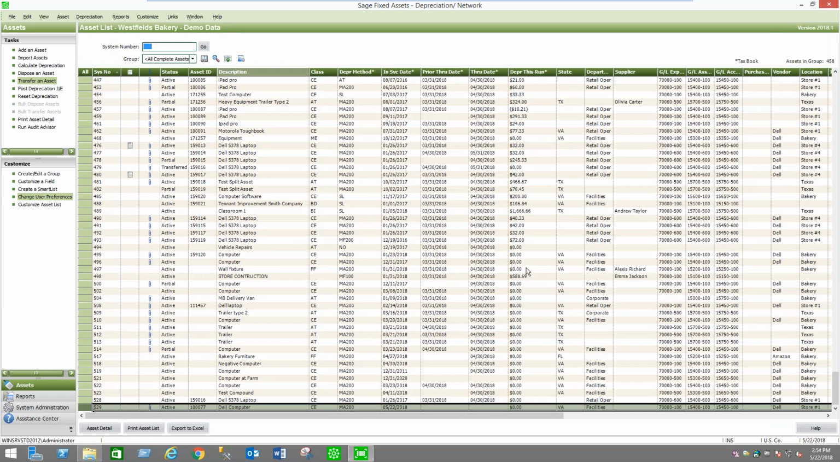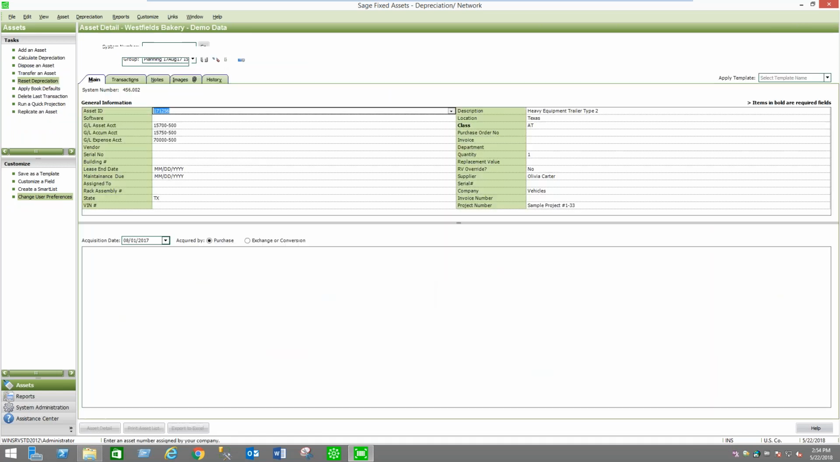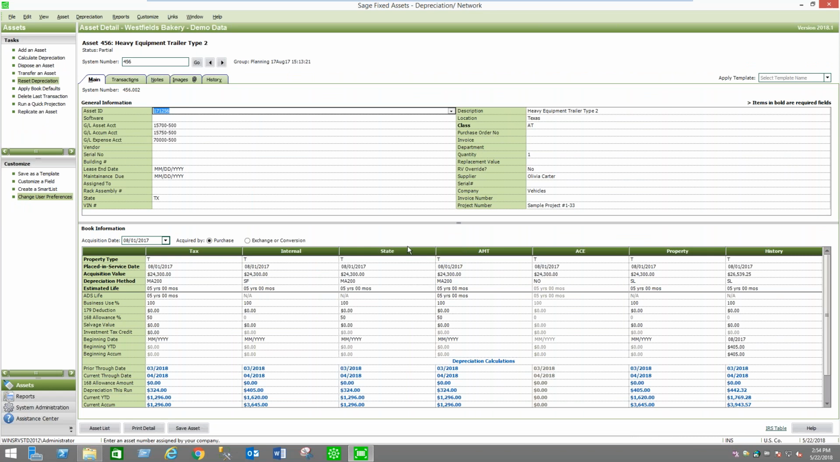Okay, so let's switch gears now. We want to keep on track with time, so I do want to go into the planning module. Before I do that, I'm going to show you what an asset looks like when coming from the planning module because of using templates. I have an item here that I previously sent over. It's a heavy equipment trailer that I sent from